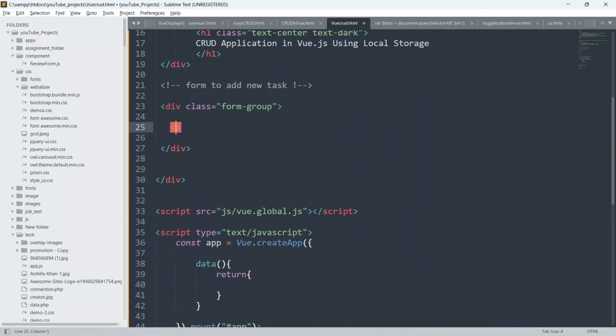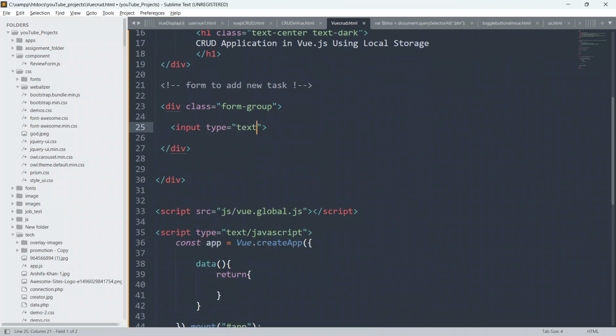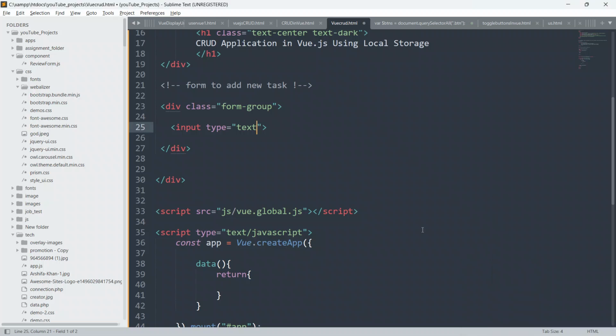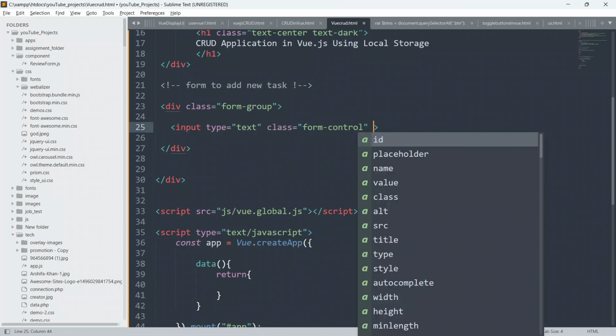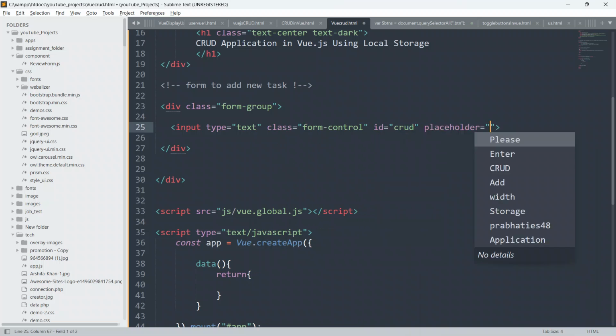Give type text, and sorry guys for the notification. So give type text, and class also as form-control, and I will give ID also as CRUD, and I will give a placeholder also.